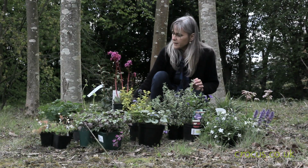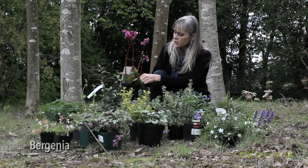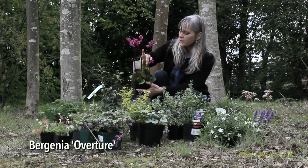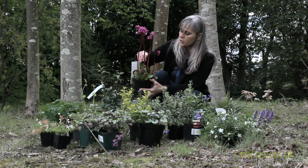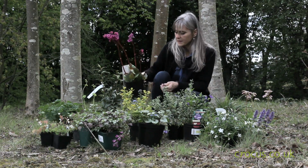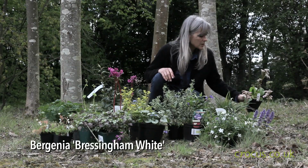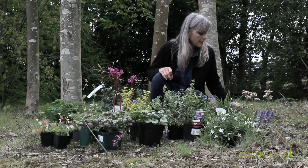as are the Epimediums. These form a little rosette of evergreen foliage, and this one's called Overture. The foliage of this one often turns ruby red in winter. As soon as the temperatures start to drop, the foliage changes colour, and then in spring and summer it reverts back to green. But very pretty spring flowers. This is another type of Epimedium. This one's called Bressingham White. They're very tough, very hardy,